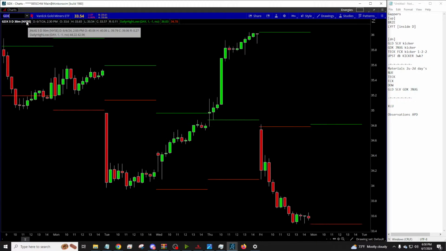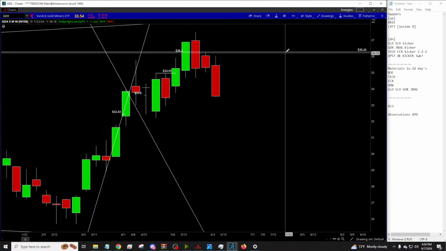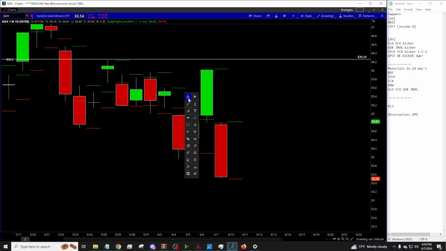If you go to GDX, you'll see the same thing. And similarly, it's a minor stock, minor of gold. And we didn't even get to the weekly chart yet, which I'll show you guys in both of these. But you'll see,